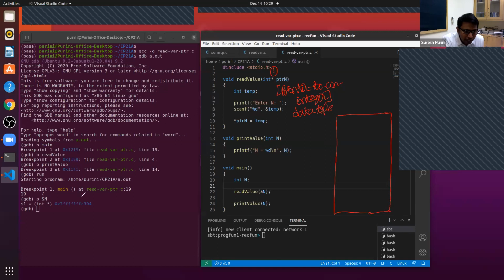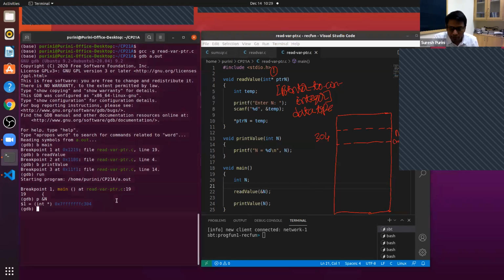For the sake of simplicity, let's remember the last 3 digits of the address, 304. It is the address of the variable n in main. And what does n contain now? n is not initialized, right? So it can contain a garbage value. If I print n, it contains some garbage value. Right now it is saying 32767.